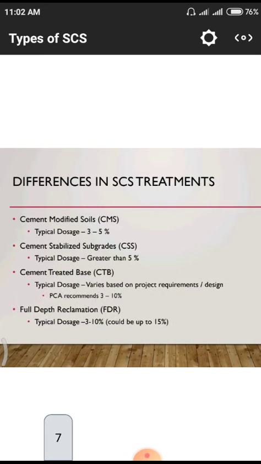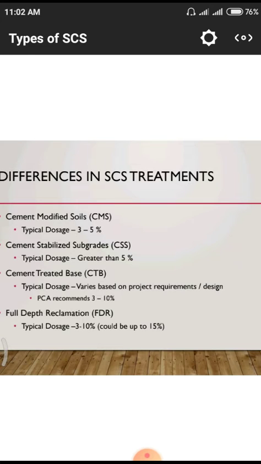What are the differences in soil cement stabilization treatments? First of all, for cement modified soils, we only use a typical dosage of 3 to 5%. But in the case of CSS, we go for a cement content of more than 5%. For cement treated base, we go for 3 to 10%. But in the case of full depth reclamation, it could be up to 15% of the volume. That means if it is a 1 meter cube, in that particular 1 meter cube, we have to go for